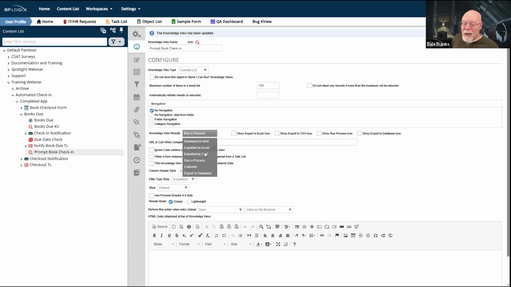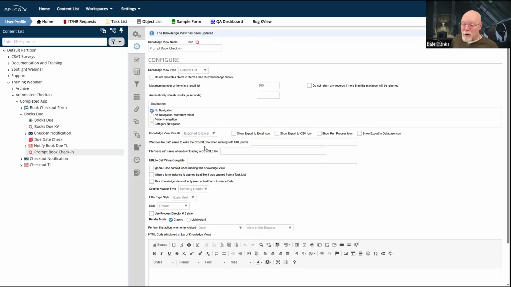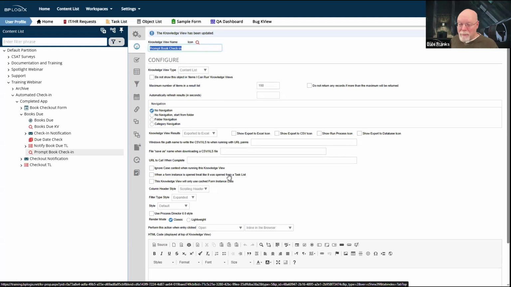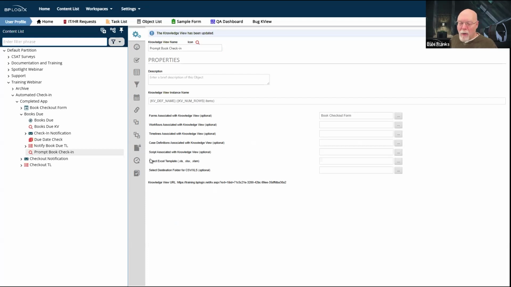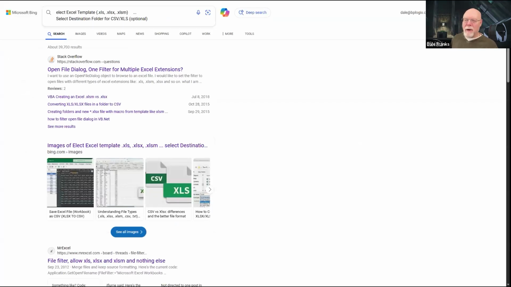For example, if I set this to export to Excel, I really shouldn't do this because I hope I'm not breaking everything, but I believe I can reconfigure it. Okay, I've updated it. I said export to Excel. Now, when I go back, I have 2 different properties showing up to select the Excel template. Oops, that's not what I wanted to do.